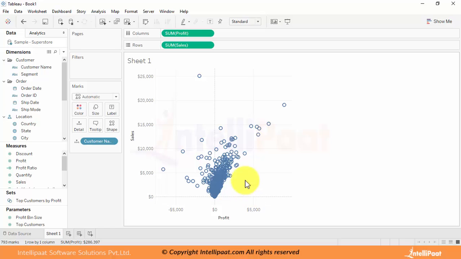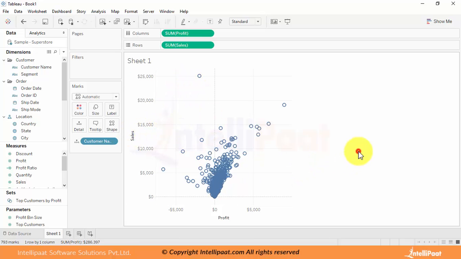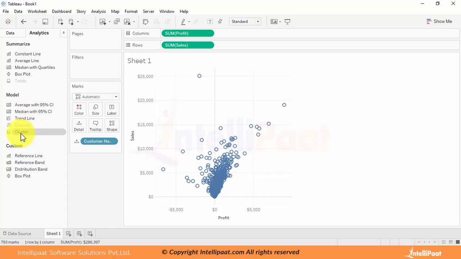Now, in case I want to group it based on high profit, high sales, low profit, low sales, then in the previous version I just needed to select according to that, or I had to introduce some calculated concepts to calculate the high profit and sales. Then I had to select, group it and rename it. But here in Tableau 10 they have introduced a concept called clustering. So you can just go to your Analytics tab and you will see the clustering here.